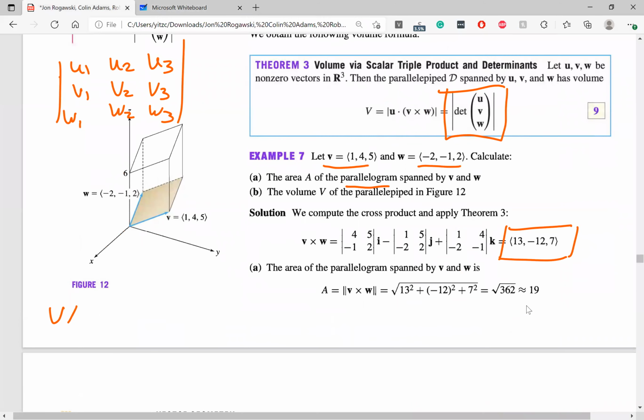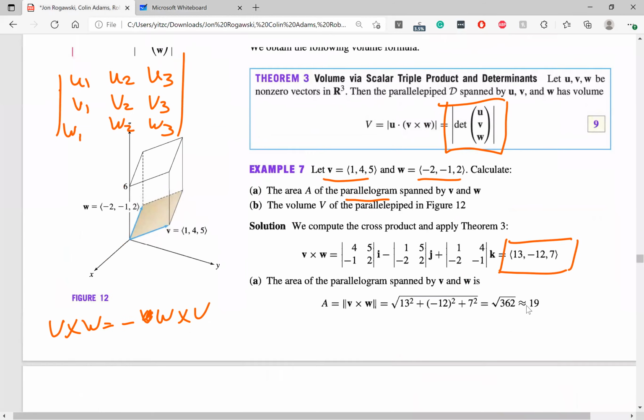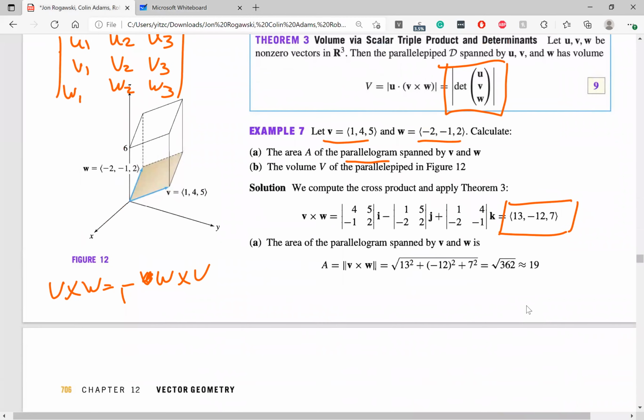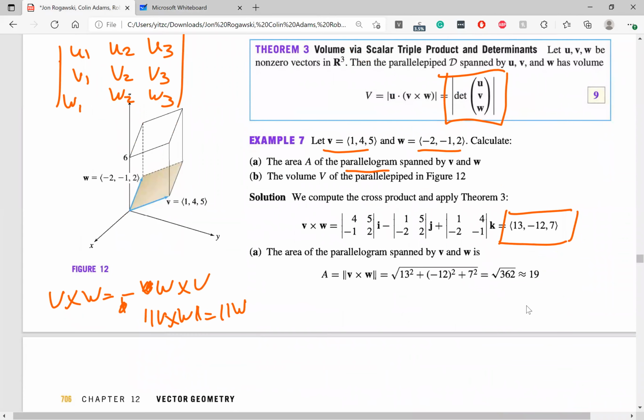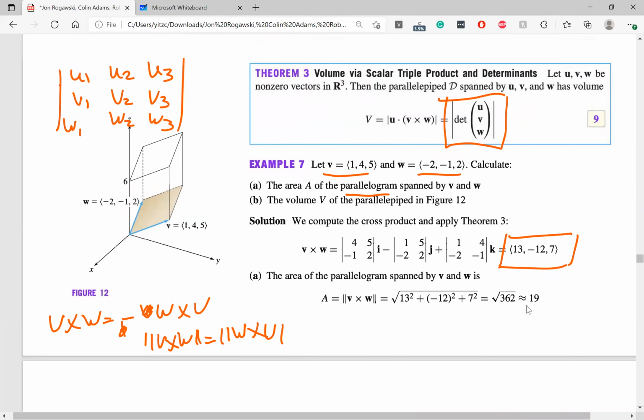So we know that V cross W is equal to negative W cross V, which means that the magnitude of V cross W is equal to the magnitude of W cross V. Which means in this case, it does not matter if V is the second row, right? You definitely have I, J, and K in the first row, but it doesn't matter if V is in the second row or W is in the second row. And similarly with our parallelepiped,